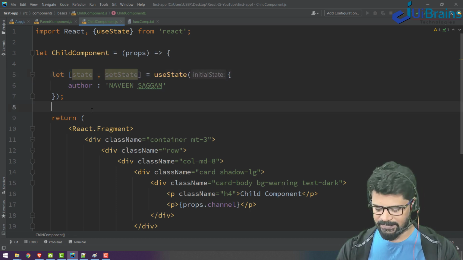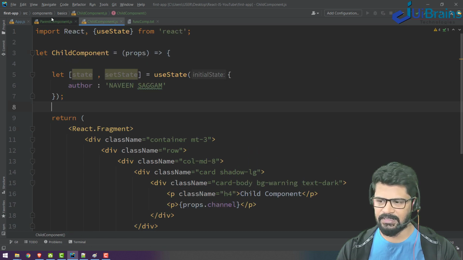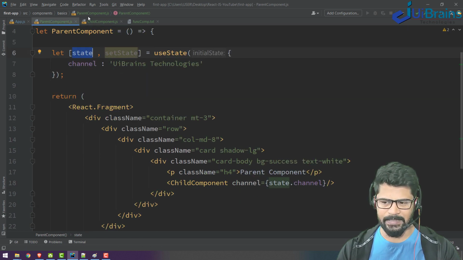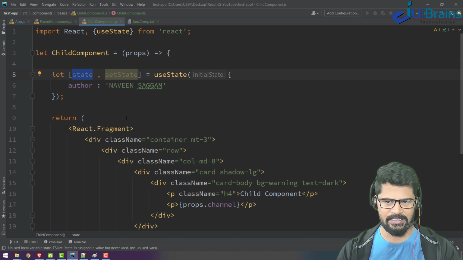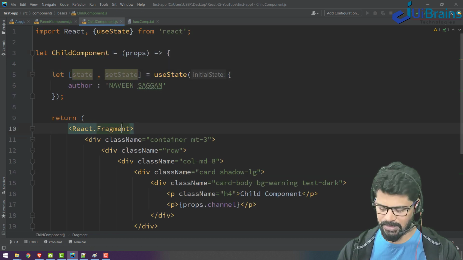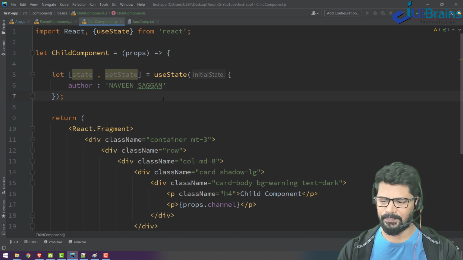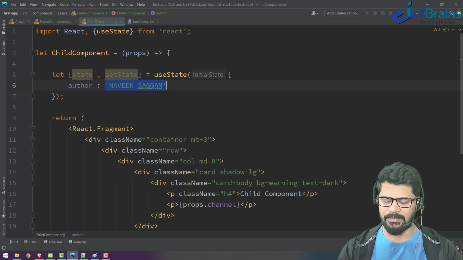And also don't confuse, in parent also we have a state and set state, and here also we have the state variable. This state variable can only be accessed in the parent, and this state variable only in the child. You can't transfer anywhere directly. Through props and all you can transfer, but direct access will be a problem because it's a different scope. It's a child scope, it's a parent scope. Okay. Now author is having some state, some data.